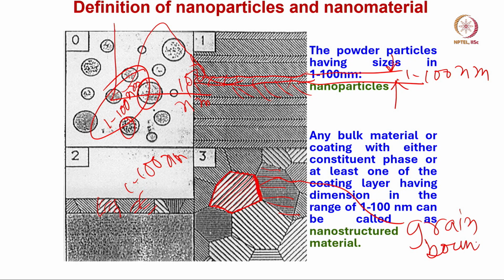Now, when you say it is a nanomaterial, at least the grains should have sizes in the range of 1 to 100 nanometer, only then can you call it a nanostructured material. These nanoparticles have been used for multiple applications, and nanostructured materials are also used for many classical engineering applications. So, I thought this basic definition of 0 dimensional, 1 dimensional, 2 dimensional and 3 dimensional nanomaterials is important, and these nanostructured materials are also manufactured using additive manufacturing techniques.